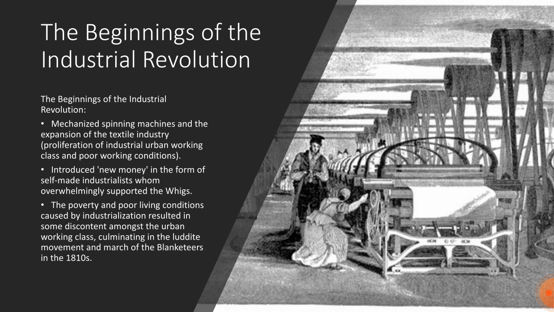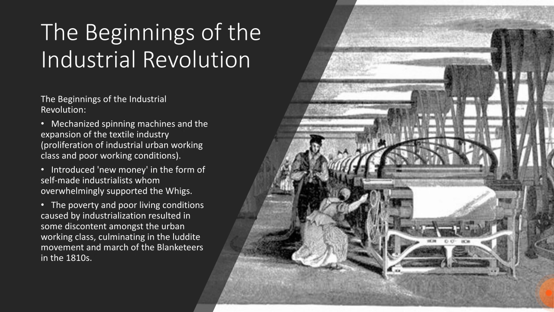The poverty and poor living conditions caused by the industrialization resulted in some discontent amongst the urban working class, culminating in the Luddite movement and the March of the Blanketeers in the 1810s. So that's another thing. If you're going to be talking about poverty, and you're going to argue that poverty was the driving force of popular protest in the period and not political factors, it would be good to bridge the paragraphs of the different decades, and probably at the end of your paragraph on the 1780s or whatever, you could